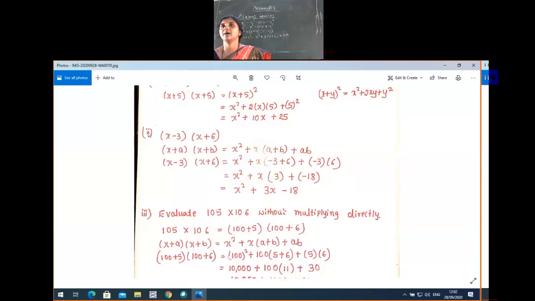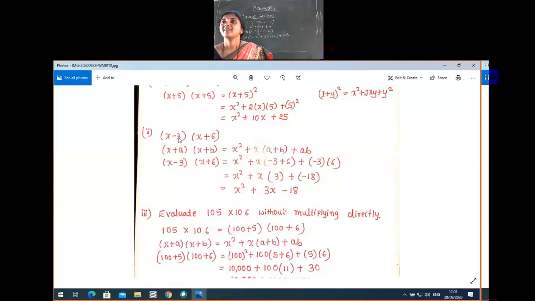So second problem, (x - 3) into (x + 6). Second question is (x - 3) into (x + 6). For this, which identity do we have to use? So this is in the form of, first, identity 1, (x + y) whole square? No, because the terms are different in both the brackets. (x - y) whole square? No, for that also we cannot use. (x + a) into (x - b)? Plus and minus, okay. But here x plus a, okay.